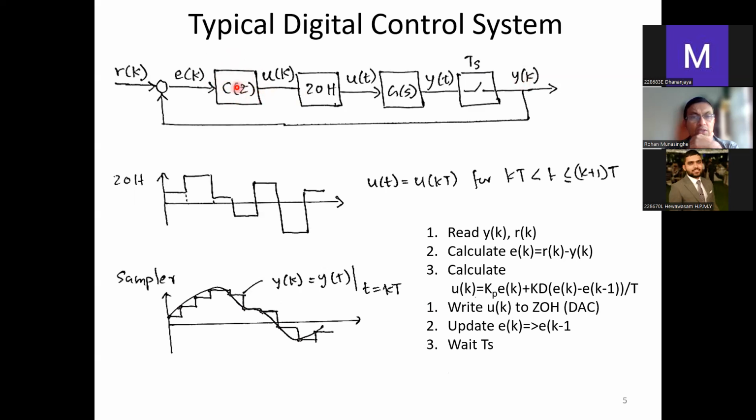It has to read r(k), and it has to read y(k) as well. Then it calculates the error, e(k), is r(k) minus y(k). Then it has to calculate the control signal, so you need to code your controller here, whether it is a P controller, PI controller, PID controller, or any other controller. You have to break it down into a discrete format or differentiate